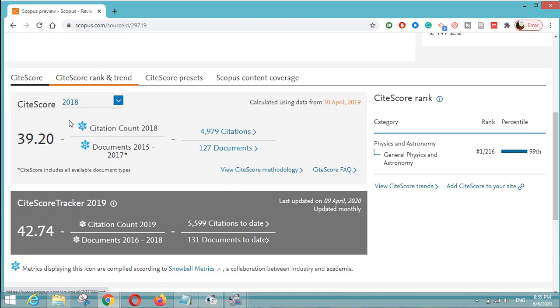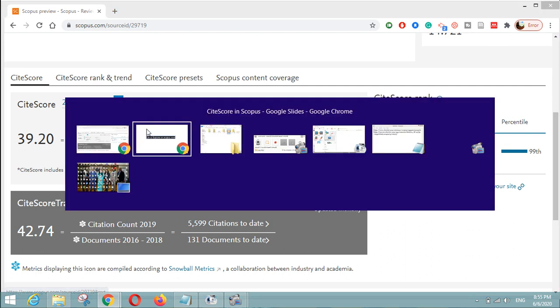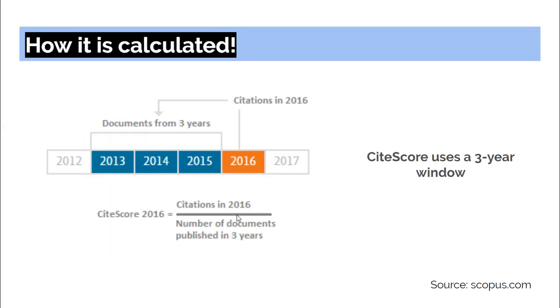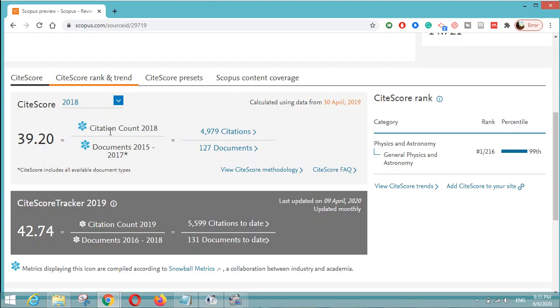Here there is a year-wise SiteScore available. The SiteScore 2018 has been calculated as 39.20. That is the citation count 2018, which was in the formula as well. Earlier the example was 2016, but now we have citation count 2018, which is 4979. This means this particular journal received 4979 citations in the year 2018, and the journal published 127 documents